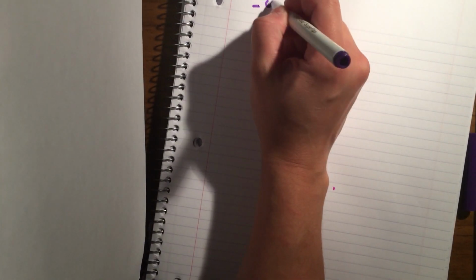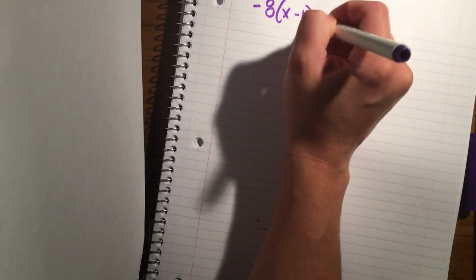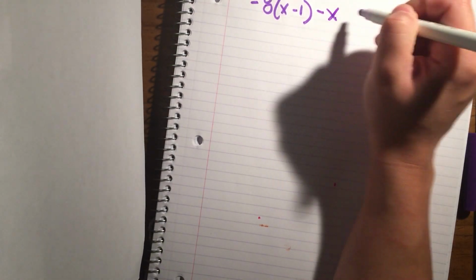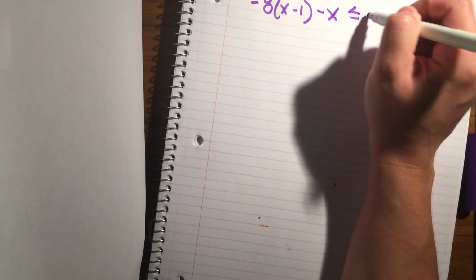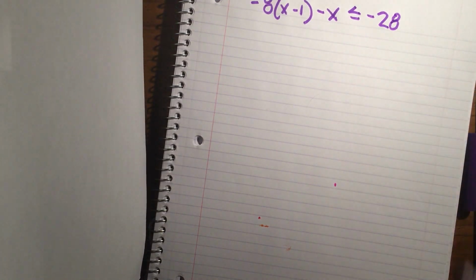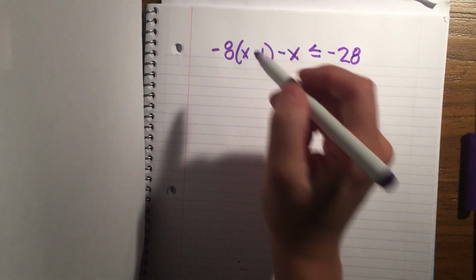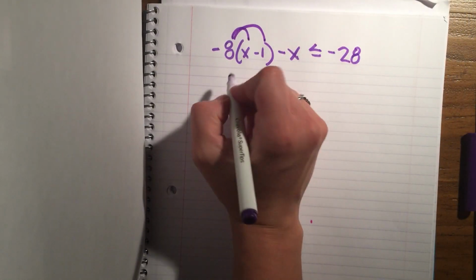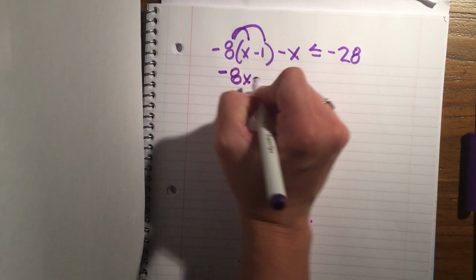Let's look at another problem. Might be a little more challenging. Negative 8(x minus 1) minus x is less than or equal to negative 28. I'm going to first distribute, so negative 8x plus 8